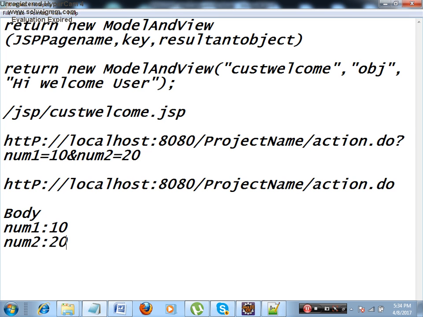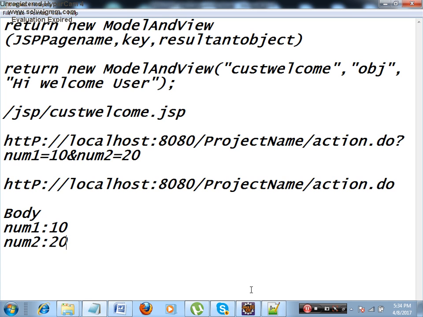If it goes through a body, no one except the initiator can see it, and then it will convert it into a string buffer. String buffer class is designed in such a way that it is an immutable class. When we say immutable class, we can't modify it in between until it reaches your destination. So if you make use of post, the request will be sent through a body as an immutable object.